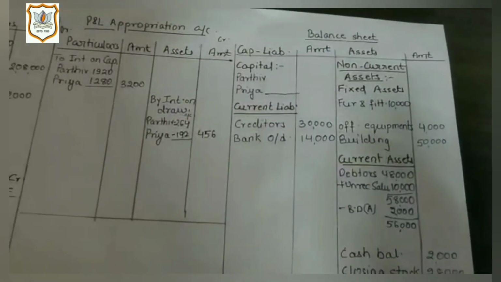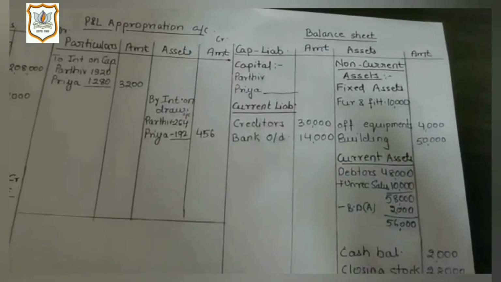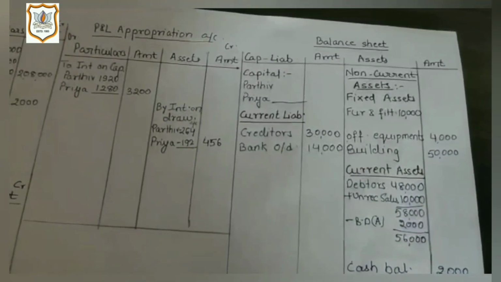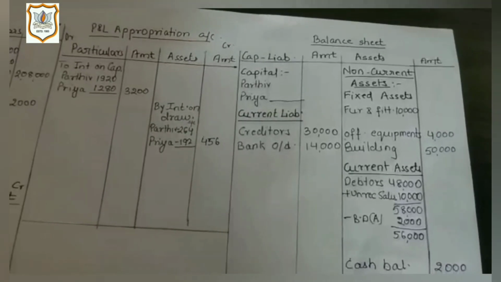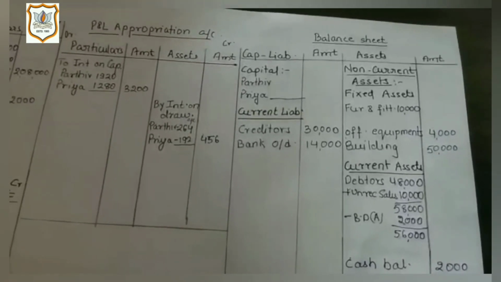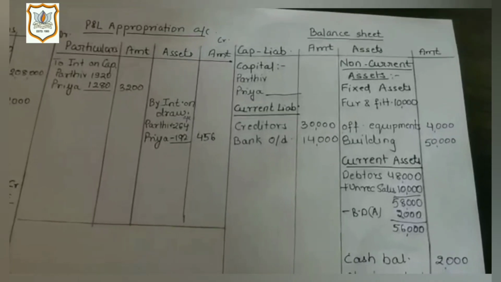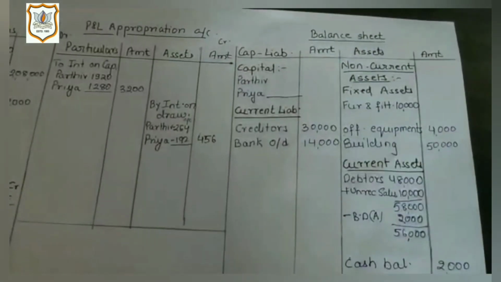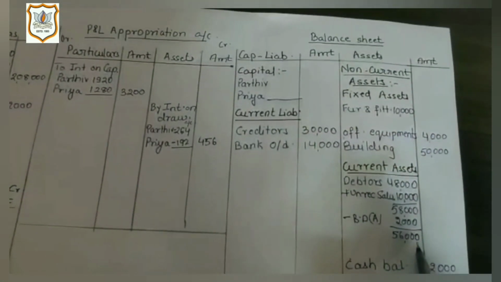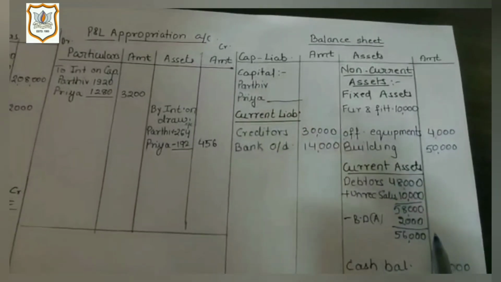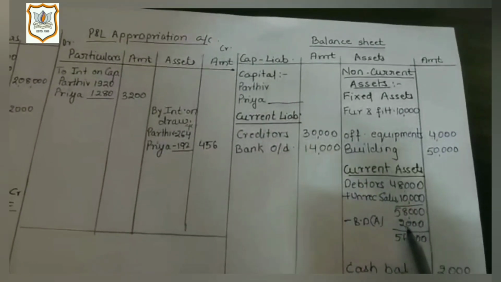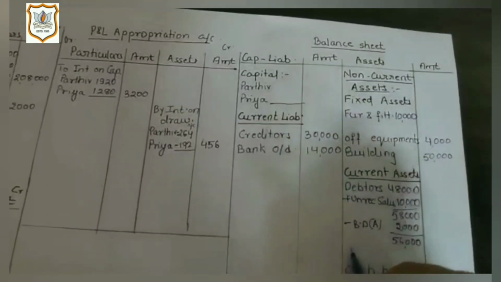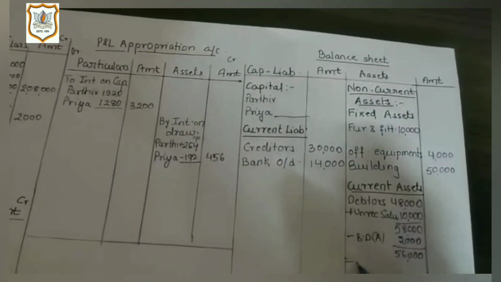Now next adjustment is provide 5% bad debt reserve on debtors. Here bad debt reserve means the firm still has doubt that out of remaining debtors, 5% will not be able to pay. So firm creates bad debt reserve. So its first effect will be on balance sheet. We will deduct it from remaining debtors. 5% bad debts reserve will be calculated on debtors after deducting bad debts, that is 56,000. So 5% of 56,000 will be 2,800.